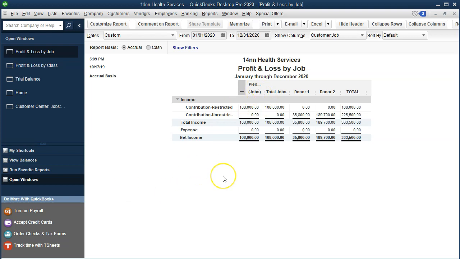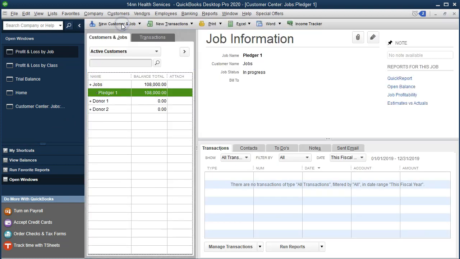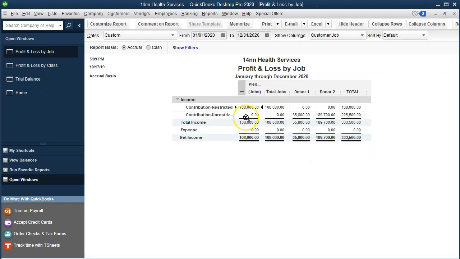Now, another way you can format this report, and you may want to do this if you do not want to go as we did with the customer field. You'll recall we went to the customers and the customer center, and I put the customer under the subfield of jobs. Now, another way you can filter this report if you would rather not do that is you could filter it by the status as we set up. So, for example, if I want to just see the pledges or the open status items,